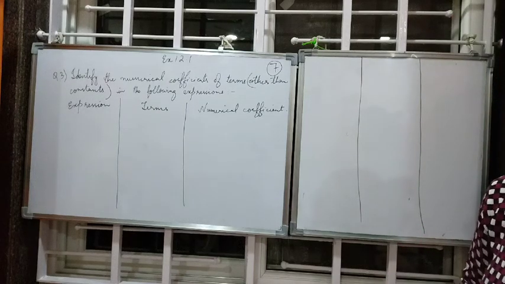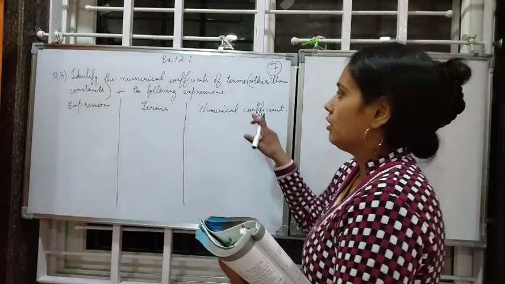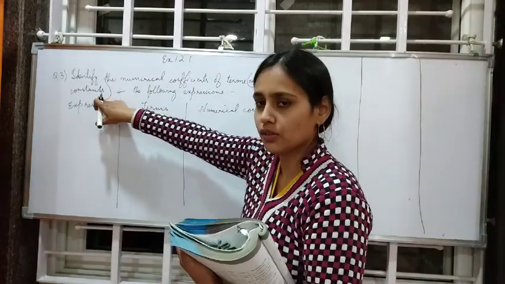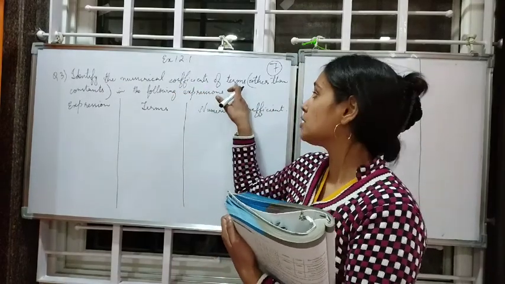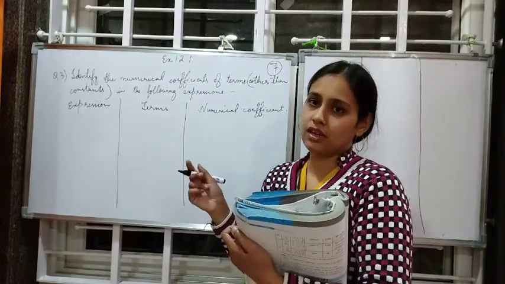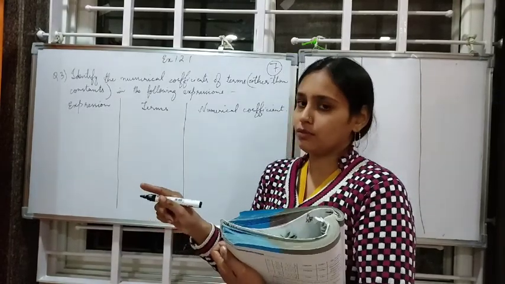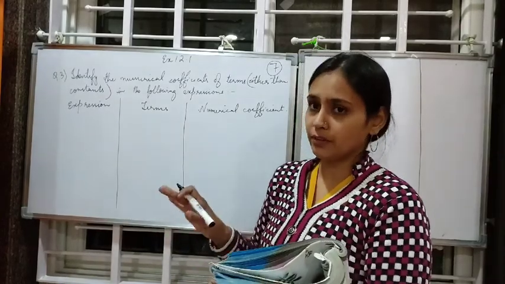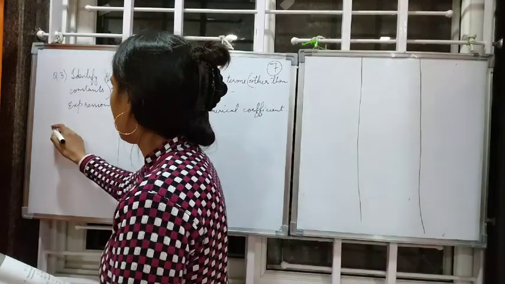Children, today we are starting once again with question number 3 because there was a small mistake in that. This part you can see other than constants. So that means we have to identify the numerical coefficients of the terms which are other than constants. That means we don't have to write for the constant terms, which I did. So we will be leaving the constant terms and then continuing. I'm so sorry children, that was my mistake.